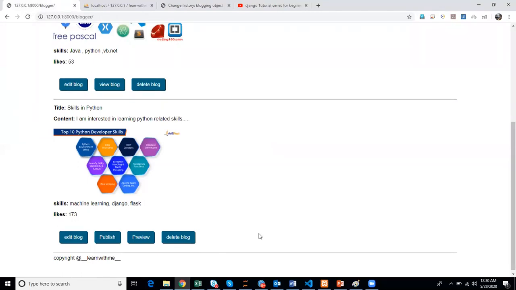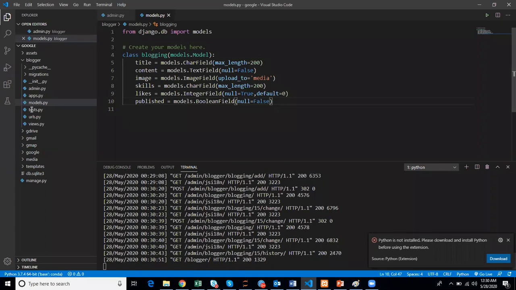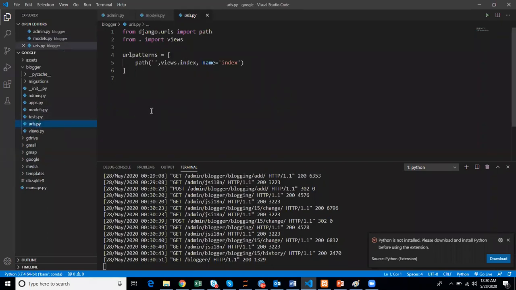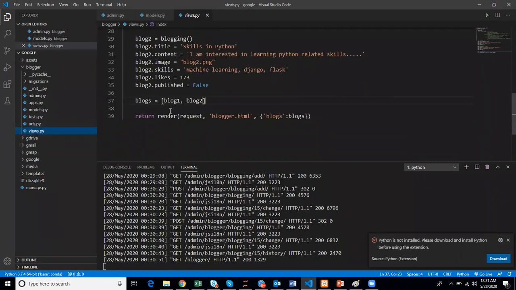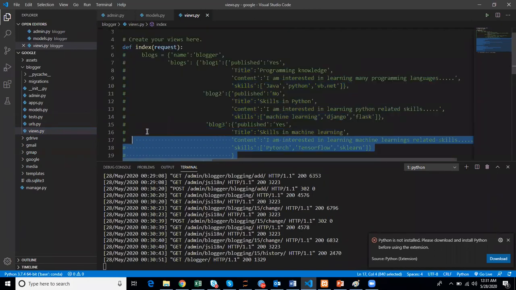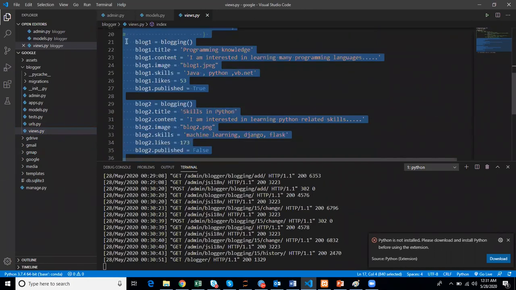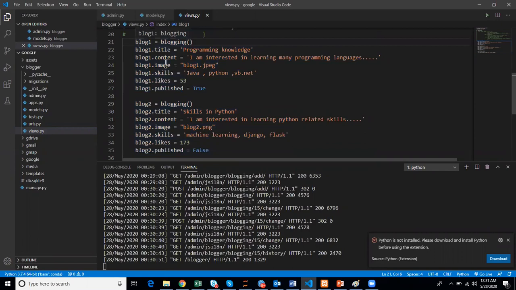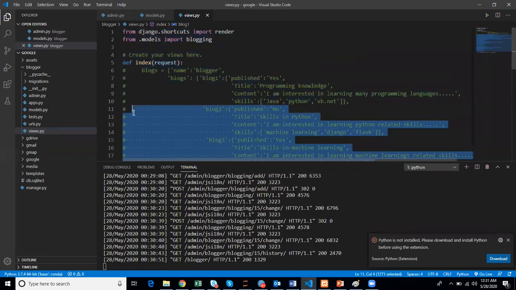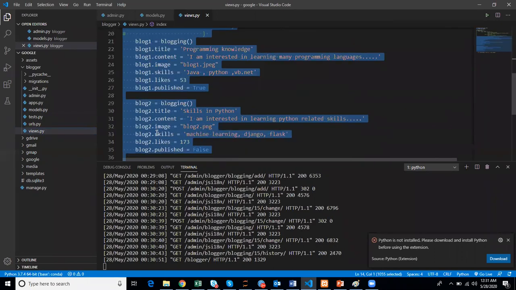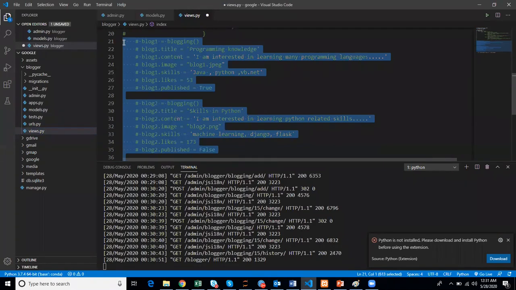It's because I didn't change the object in the views page. As I said, views only. This blogger.html is bringing only the content available in views. All these things we manually gave with the objects. We don't want any of these things. Like the admin page, a simple line of command is sufficient to bring all these values.